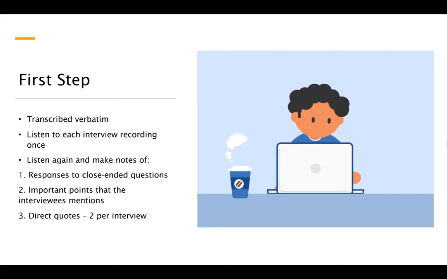So to begin with, you will not be doing a transcribed verbatim. You don't have to write down whatever is mentioned in the interview word for word, but you will be making notes on the main points. Once you've listened to it for the first time, you will listen to the interview again. And the second time, you will start making notes on the responses the participants have made